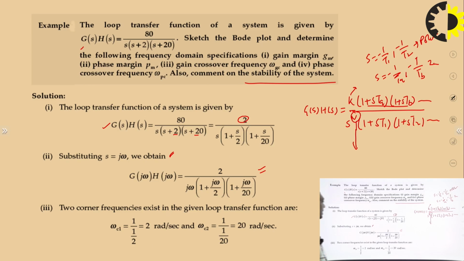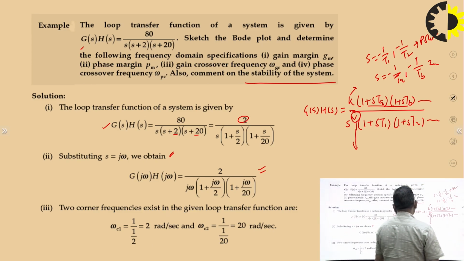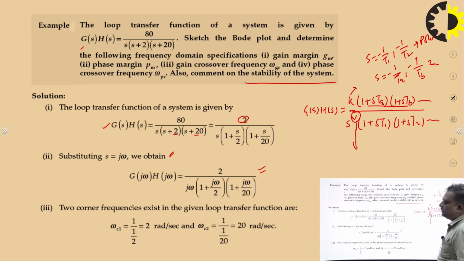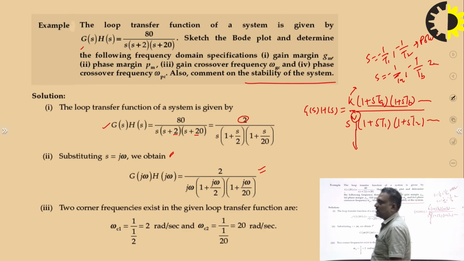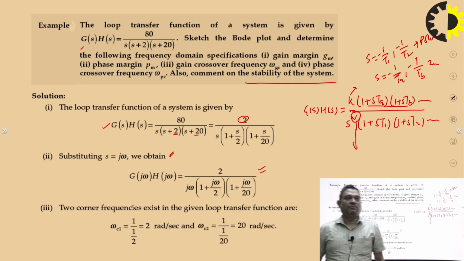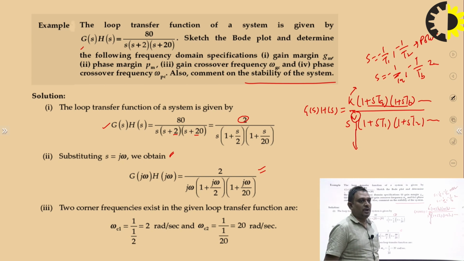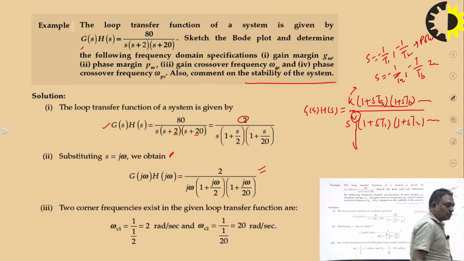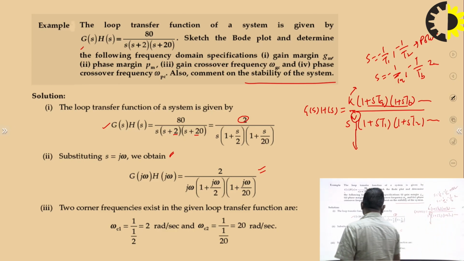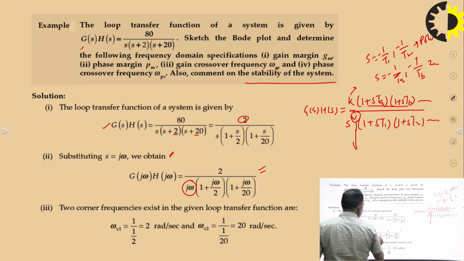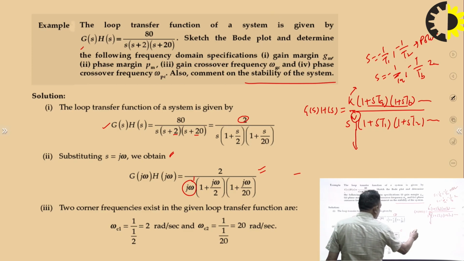So now from here we can find out the corner frequencies. Corner frequencies in the transfer function correspond to the frequencies wherein some pole or zero occurs. Okay. At these corner frequencies, the slope of the Bode plot gets changed. So that's why we have to find what the corner frequencies are. You can see here the power of j omega is 1. So this is a type 1 system. Okay. So type 1 system.